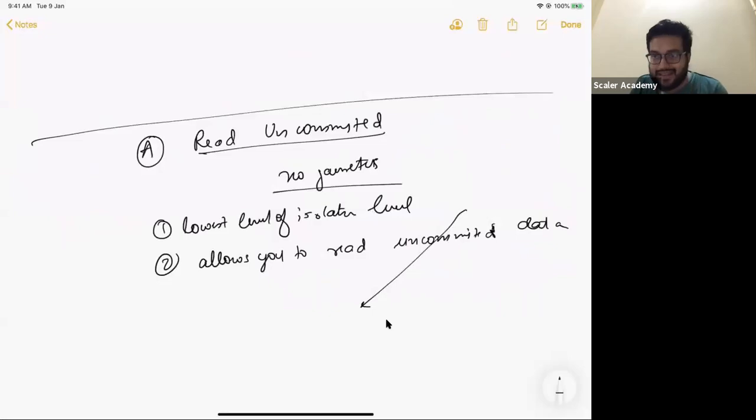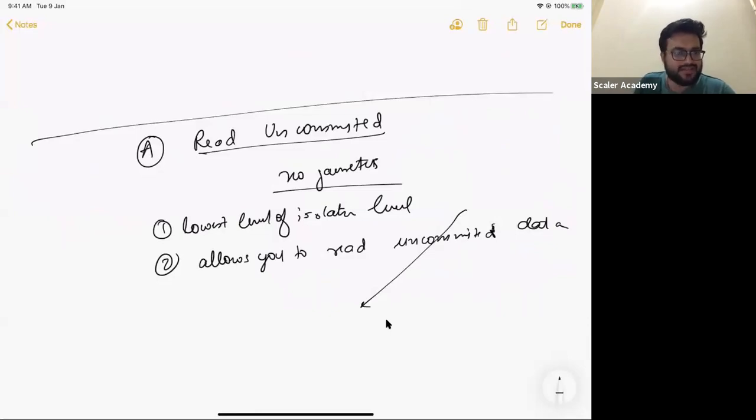It means that let's say there is one transaction which is doing some writes and that transaction has not reached the committed state, and some other transaction comes and it wants to read some data. It will allow transaction 2 to read the uncommitted data as well. Does that make sense to everybody? I will be coming to dirty reads at the end of this lecture. Do not worry about it right now. So in this, I am even allowing a transaction to read uncommitted data of some other transaction.